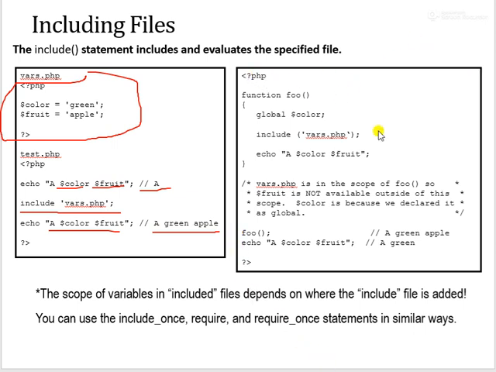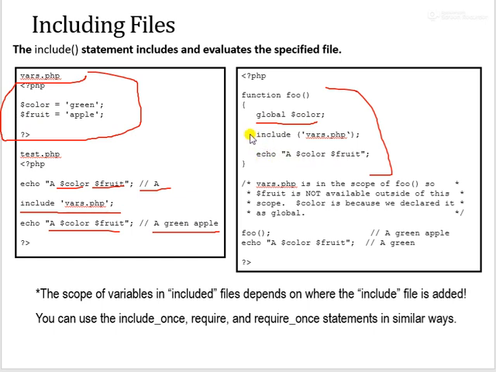Okay, in this example you can see that here we declare a function foo, and inside this function we declare global color. So we are using the color variable as a global, that we want to access throughout the program. And then we include this file vars.php, which has this color variable and fruit variable. So we make only color global, not the fruit variable, and then we write echo a color fruit.